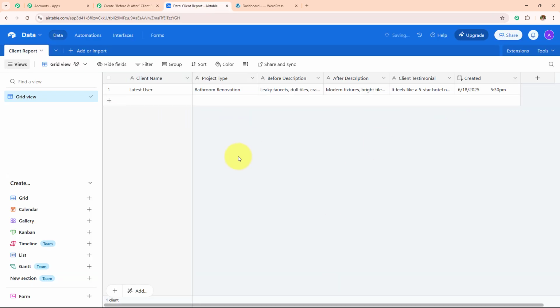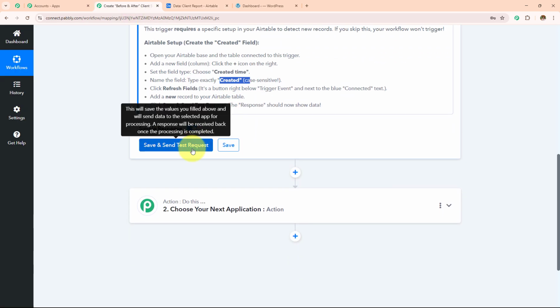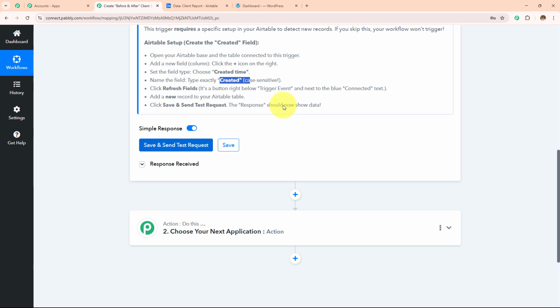So here I have entered all the details. The client name is latest user, project type is bathroom renovation, the before description is leaky faucet, tiles, cramped shower, and the after is modern fixtures, bright tiles, glass shower cubicle. The client testimonial is feels like a 5-star hotel now. I want to send this to my Pabbly Connect workflow so that this data could be processed and the client story could be created. I'm simply going to click on save and send test request now, and you will see